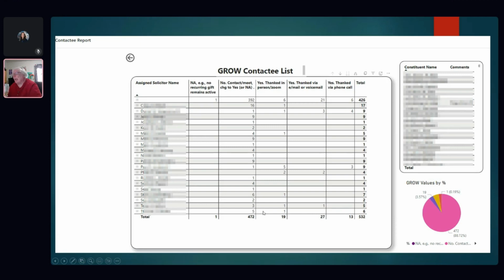Well, how do you track that? Well, we thought about using actions, and you could have a specialized action type. Did I contact a grow contactee person? You use action attributes, custom fields. Very clunky, doesn't really report well at all, really, in data in WebView right now. So I came up with this. Again, it uses Power BI. It pulls in this specific custom field, the grow contactee list, and it aggregates that by staff person.